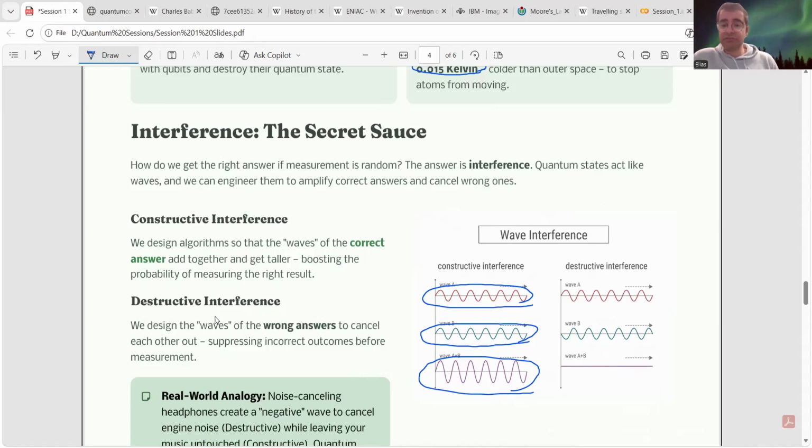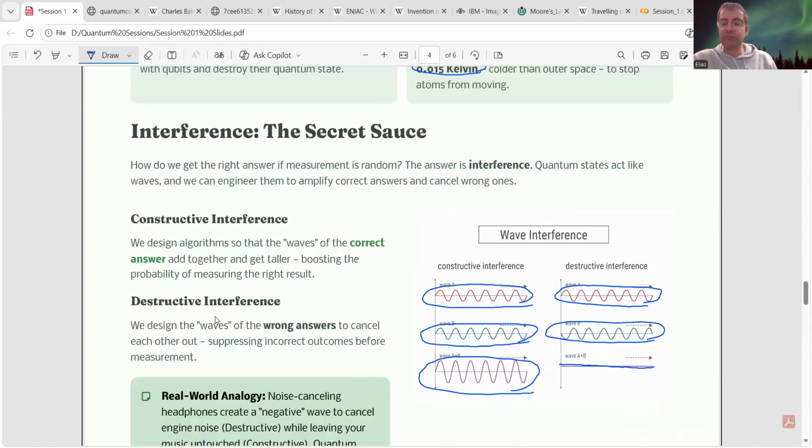But in a destructive interference, let's say this is again photon A and this is photon B, if you apply them in a reverse order or in the destructive way, they will cancel out each other and the result will be all zero. So we can use this, I'm going to show you later, for finding the right answers.